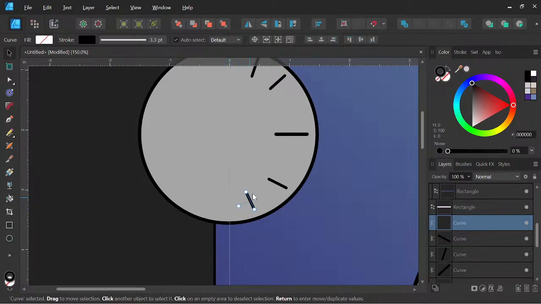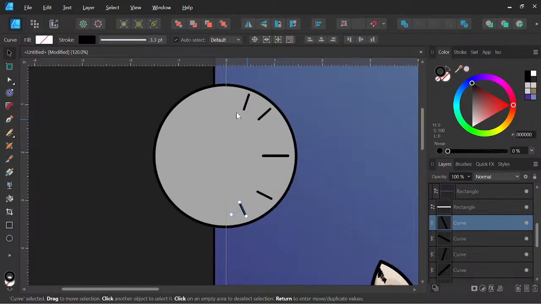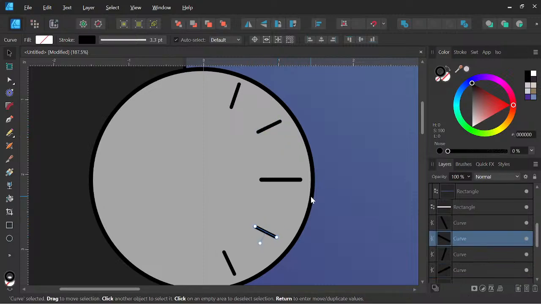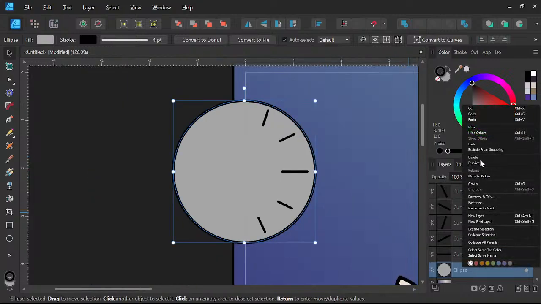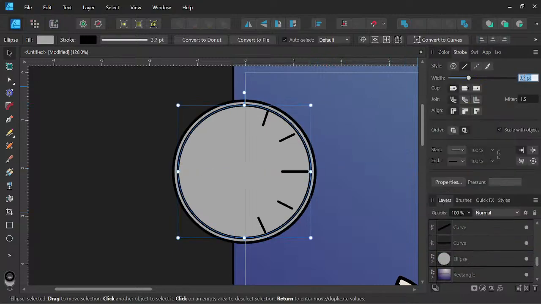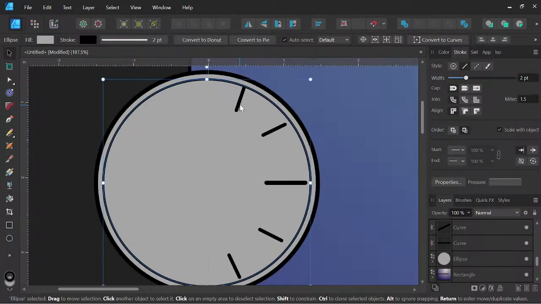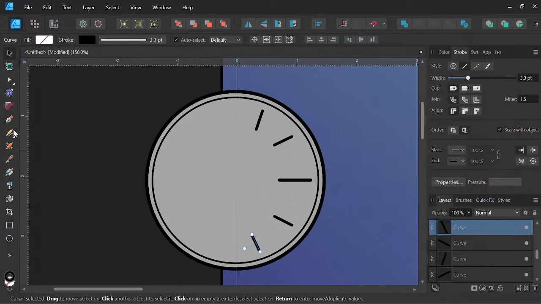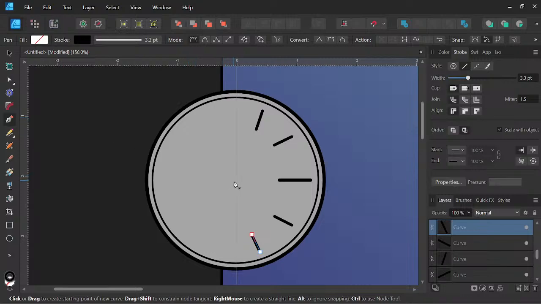Just want to get some in here. I'm not going to try to make this too specific. We can duplicate the shape and then drag it in itself, and then we can hold Control and Shift, lower the stroke. I'm going to move all these in a little bit. And then we can go ahead and